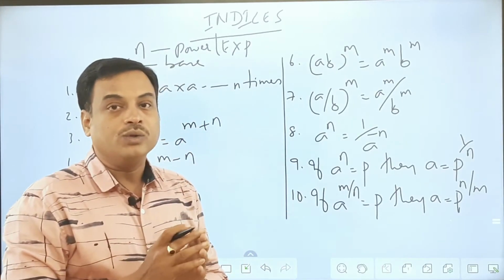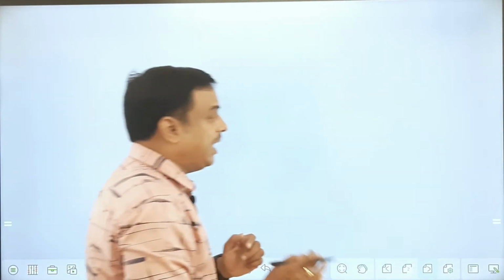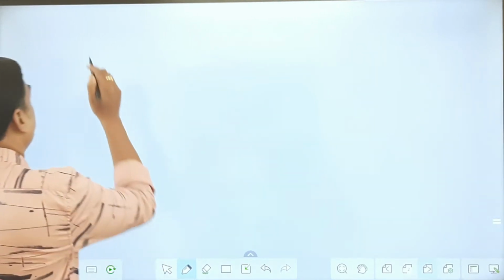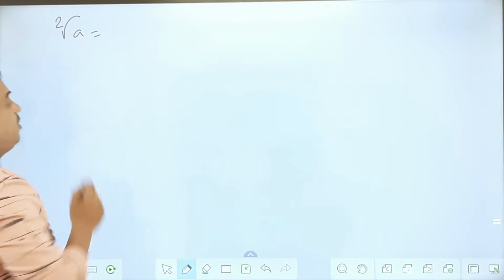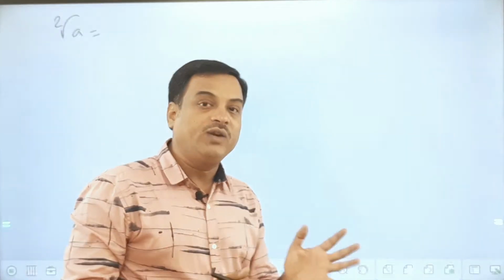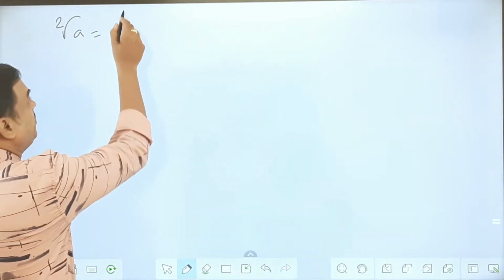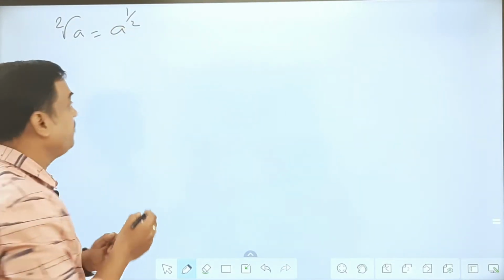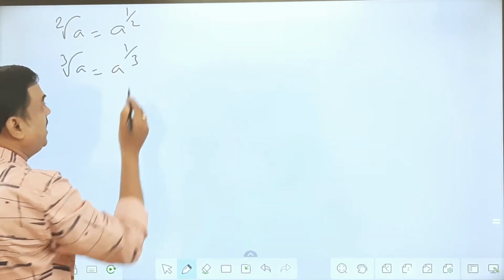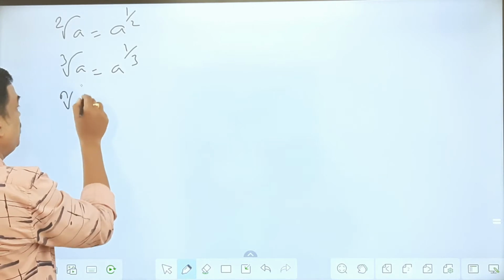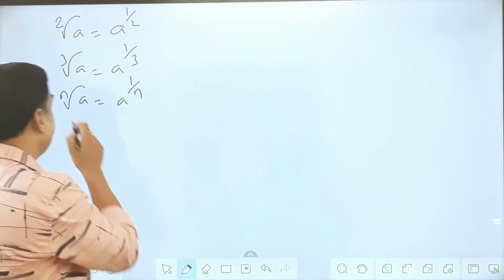Also, we need to know some laws of square roots or some nth order roots. For example, the first one, when I say square root of a, by default the root order will be 2. We call it square root. And the power notation of the same will be equivalent to 1 by 2 in this case. When I say cube root of a, it is equal to a to the power of 1 by 3. When I say nth root of a, it is a to the power of 1 by n that you get here. So this is the main property.